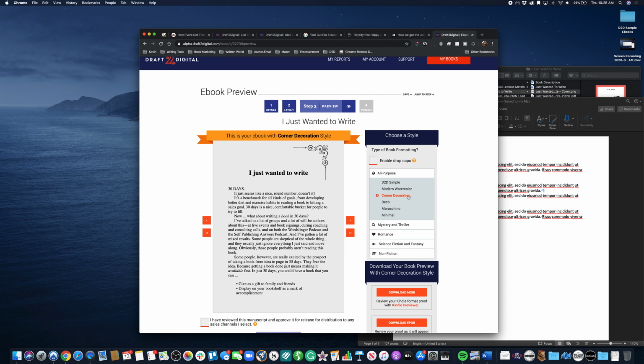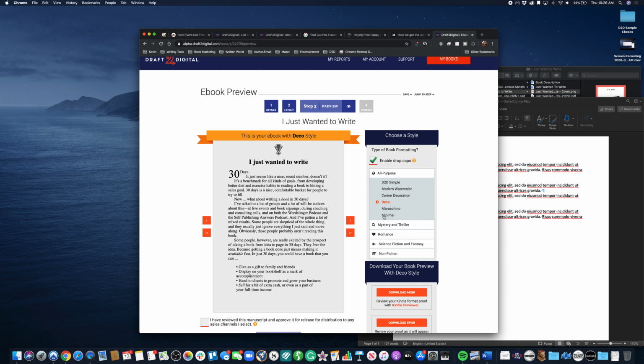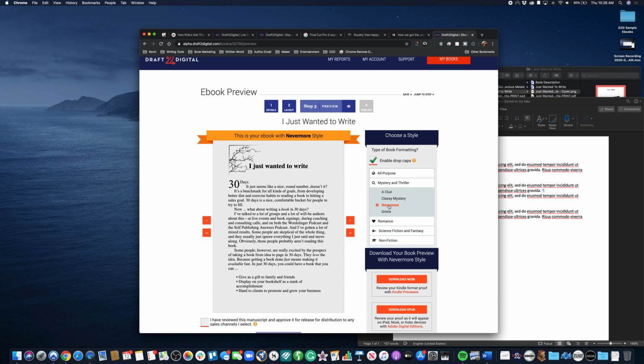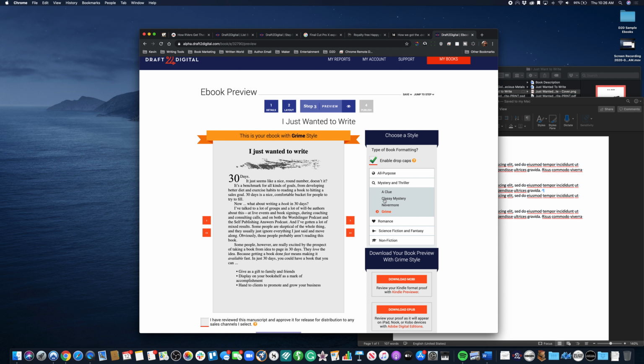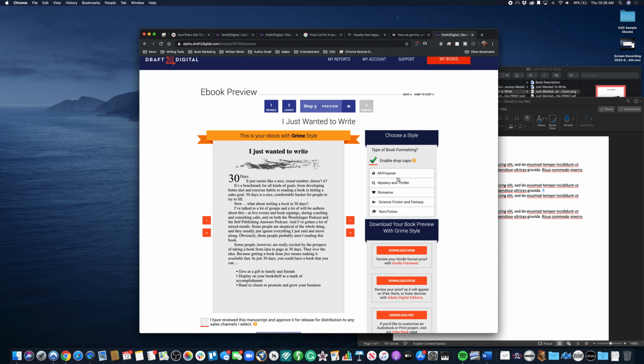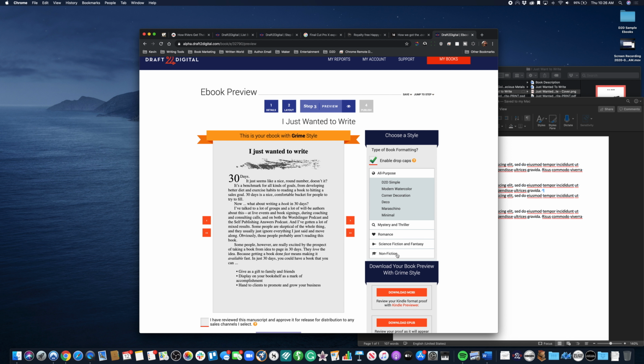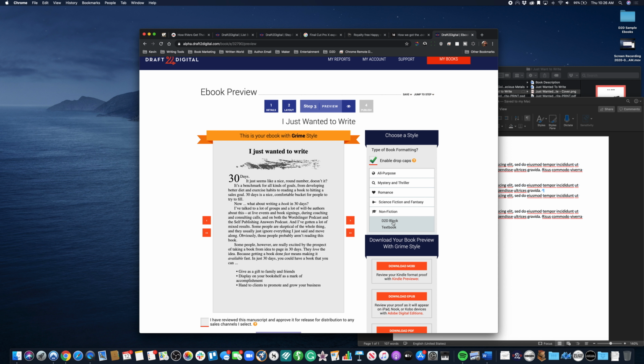Now you can go through and click through these, enable drop caps where you're able. Go ahead and play around, see which ones you like. Let's say that I have a mystery thriller. So there's some nice little graphics that show up. You know, these are fun. So I'm not going to go through all these. I'm going to go back to the all-purpose. Actually, here's a nonfiction one. We got a nonfiction book. This is the